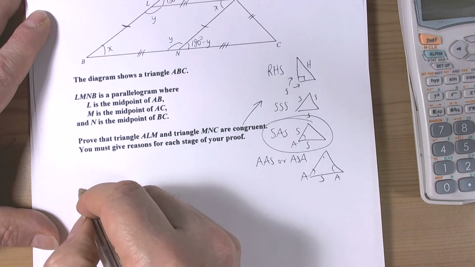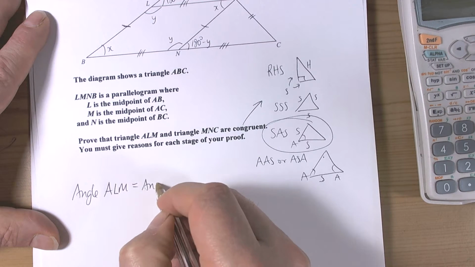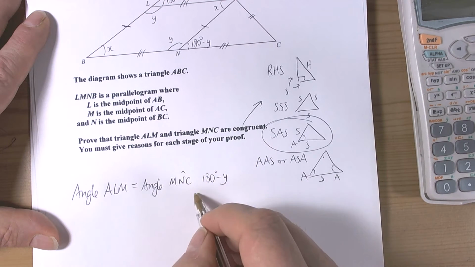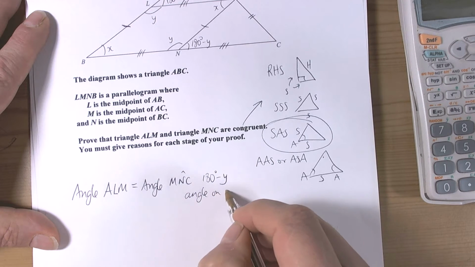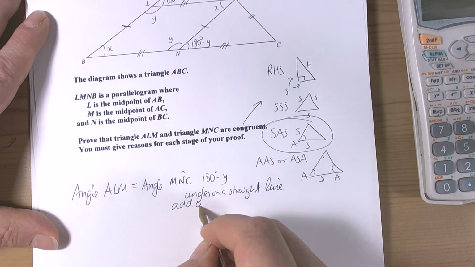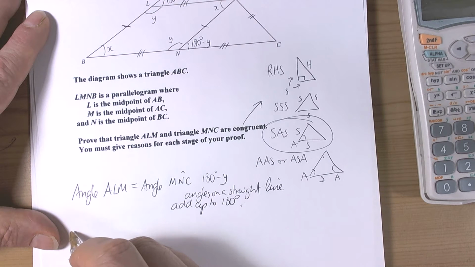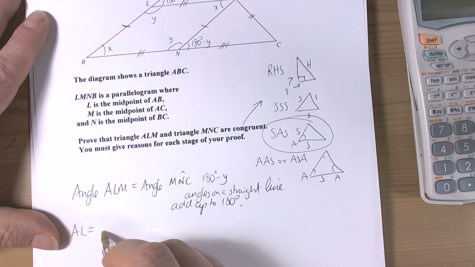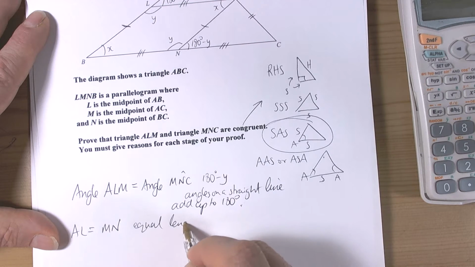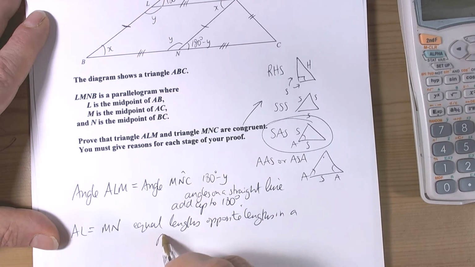So we're going to say that angle ALM equals angle MNC, 180 degrees minus y, and we're going to give reasons. Angles on a straight line add up to 180 degrees, and we're going to say that AL equals MN, equal lengths, opposite lengths in a parallelogram,